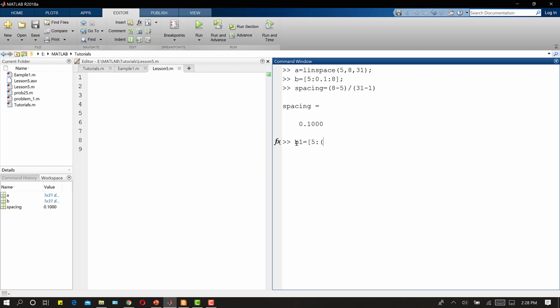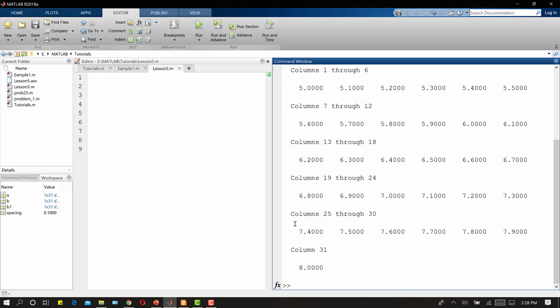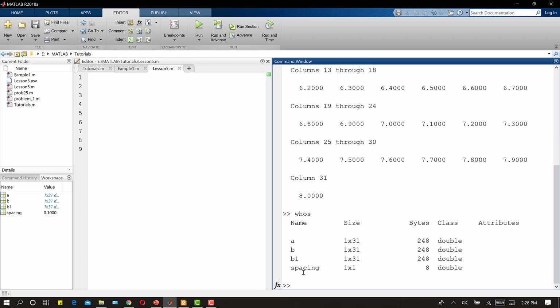I can write 8 minus 5 divided by 30, and then I can write the last element. The same 31 elements are generated. If I write whos, A has 31 elements, B has 31 elements, B1 has 31 elements, and all of these are row vectors, and spacing is 1 cross 1.